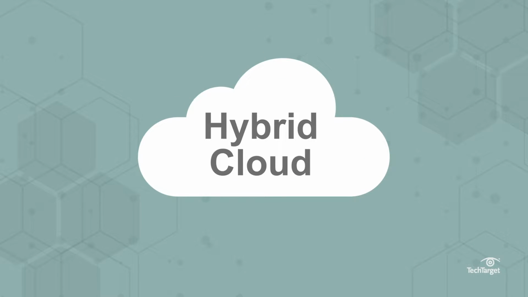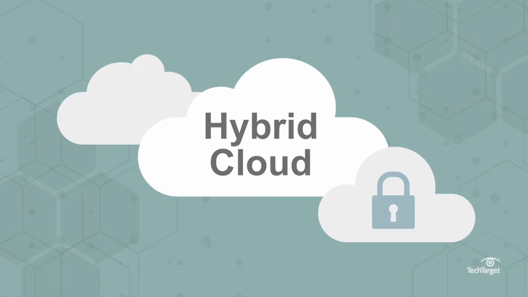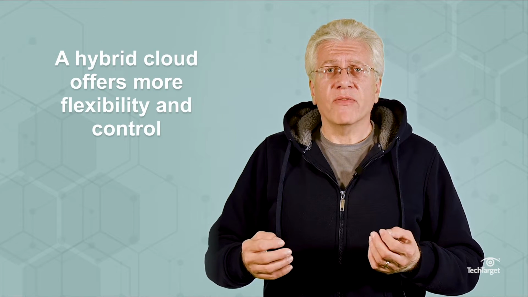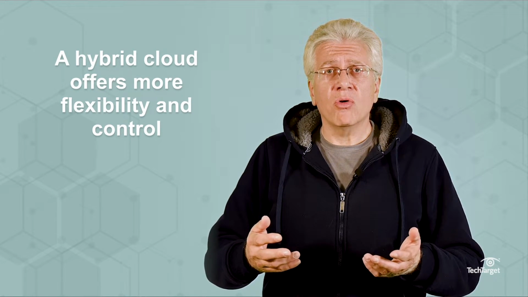A hybrid cloud is basically a connection between a public cloud and a private cloud. Ideally, a business could use a hybrid cloud model to support seamless workload migrations between private and public cloud environments. A workload might also run redundantly in both environments for greater resiliency, or components running in each environment could interoperate. Ultimately, a hybrid cloud offers more flexibility and more control than either a public or private cloud could do alone.